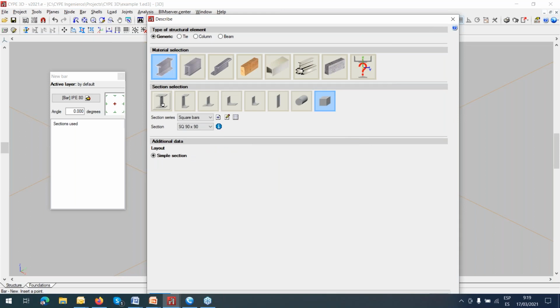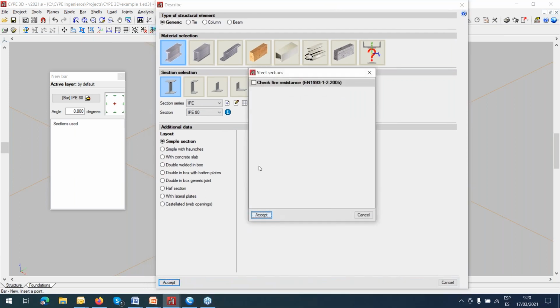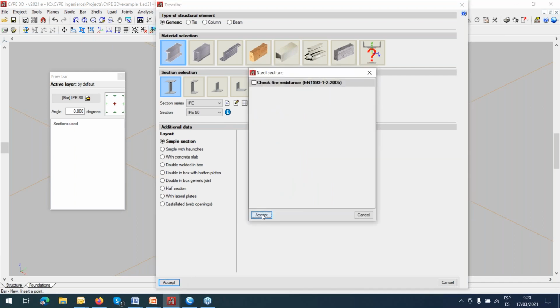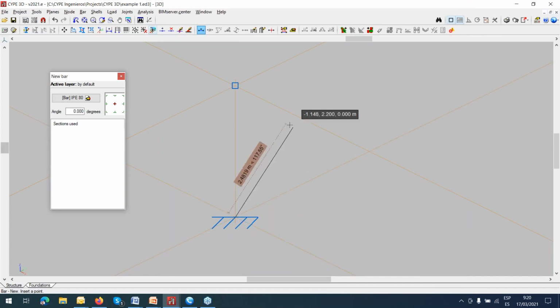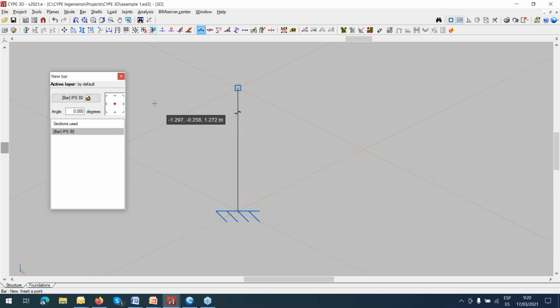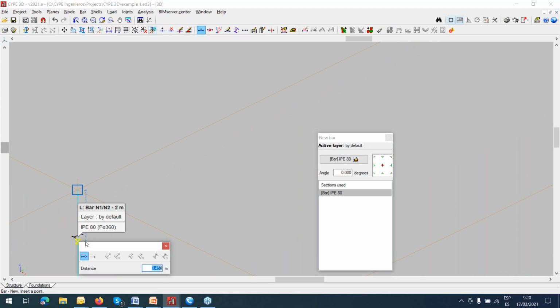So I'm going to introduce the first one, this kind of profile, the IPE. Accept it. This is in case you want to check the fire resistance. So then you can click from here up to here, and now you have the beam, right? So the first thing that you are going to display is over here. On this side, you have the global reference. The global reference is different from the local reference. If you click here,